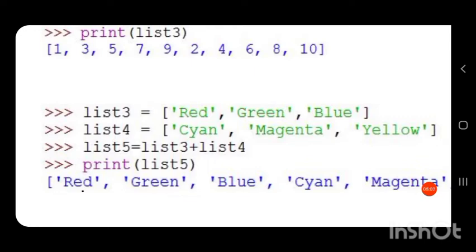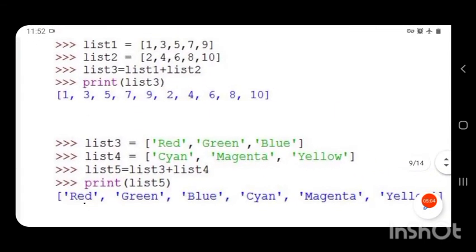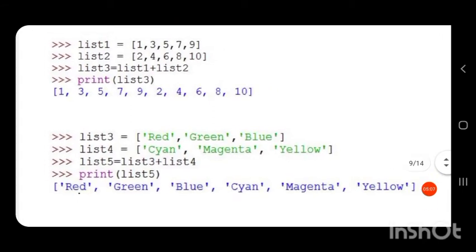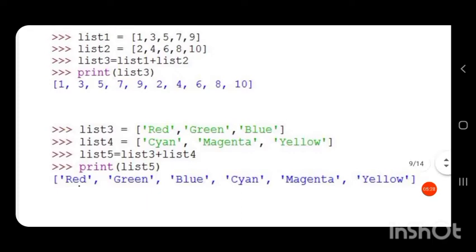When we print list5, you can see in square brackets a new list containing the elements of the first list followed by the elements of the second list. The elements of the first list, list3, are red, green, blue, and then the elements of the second list, cyan, magenta, yellow.